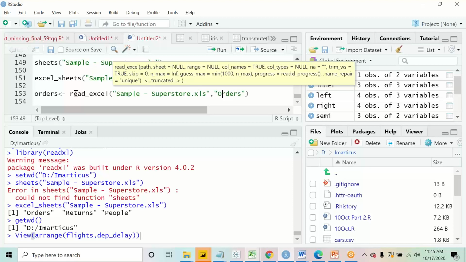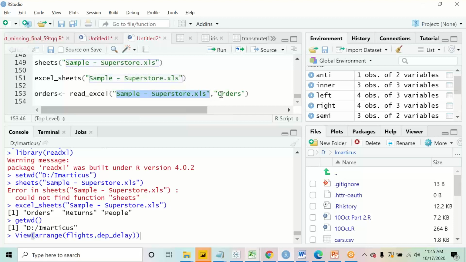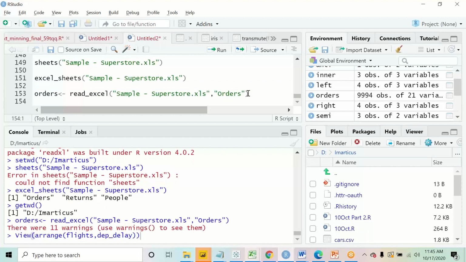First you give the name of the file you want to read, and then the name of the sheet that you want to copy and save into a variable. That's it. Just execute the command.